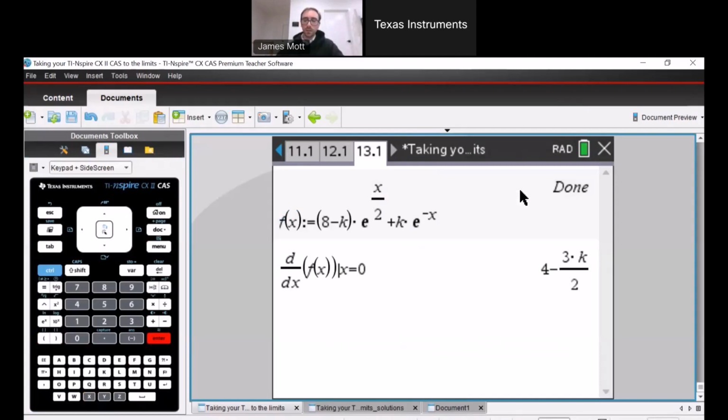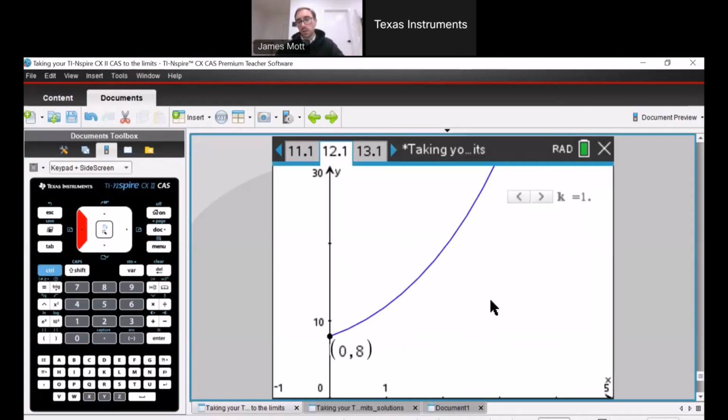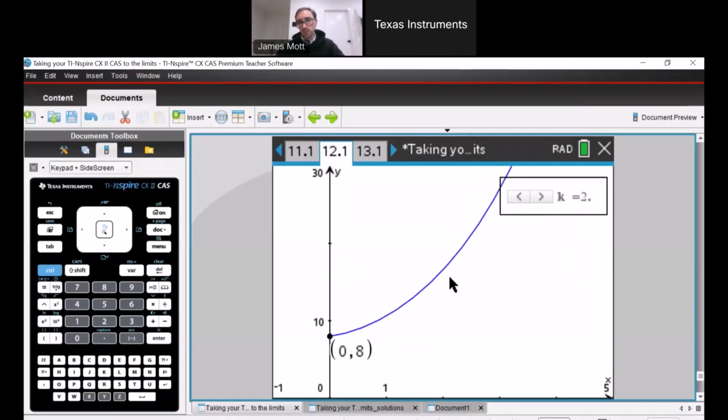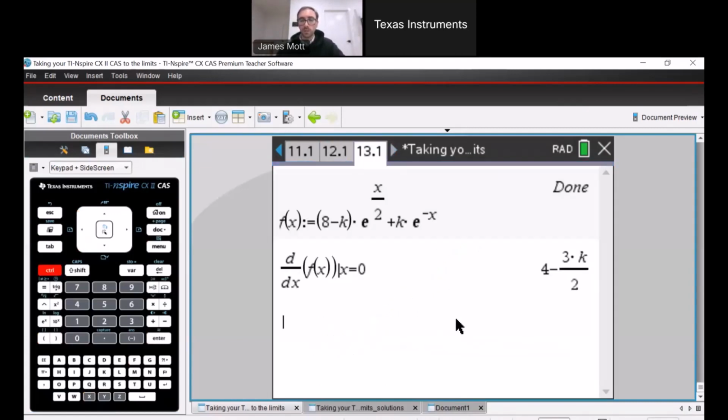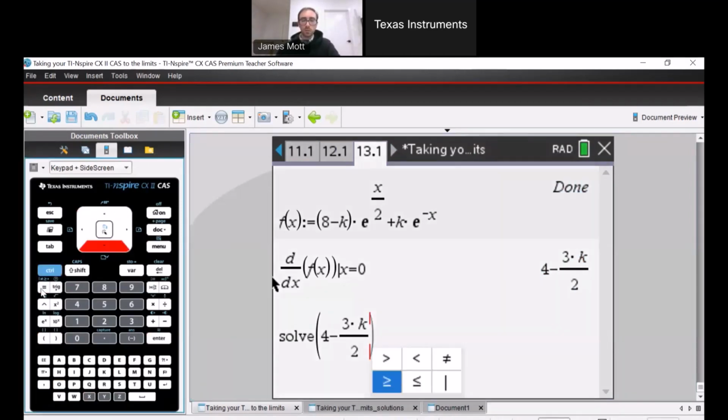And ideally, based on my visual here, I want this to be either positive or perhaps about 0 there, just to get that minimum turning point there. So we can solve our expression to be greater than 0,